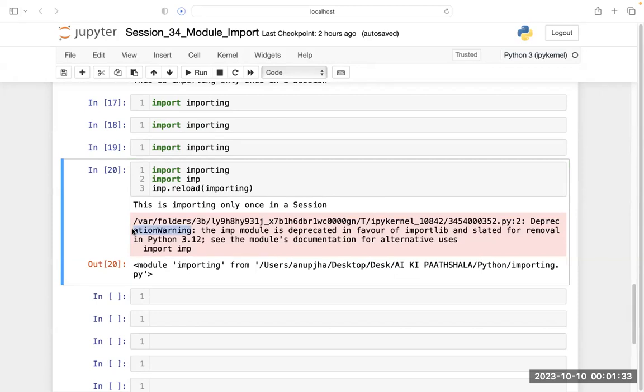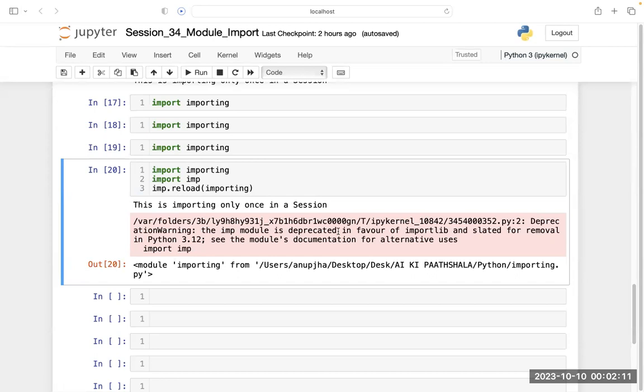That means this imp module, which I am importing right now, has done its task, but I am getting this deprecation warning. The imp module is deprecated. Now it is no longer in use in Python. The Python community has discontinued its